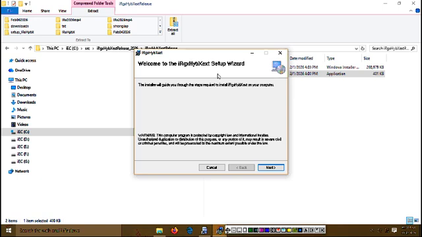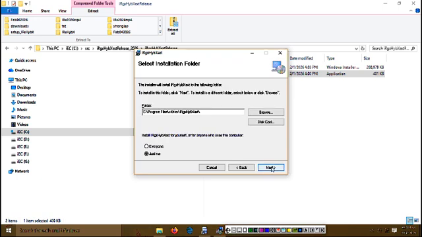Welcome to the iRgx HYBX EXT setup wizard. The installer will guide you through the steps required to install iRgx HYBX EXT on your computer. Click on Next. Select Installation folder. Here you need to select